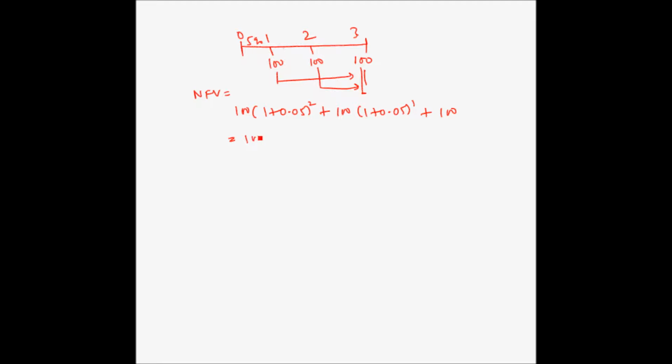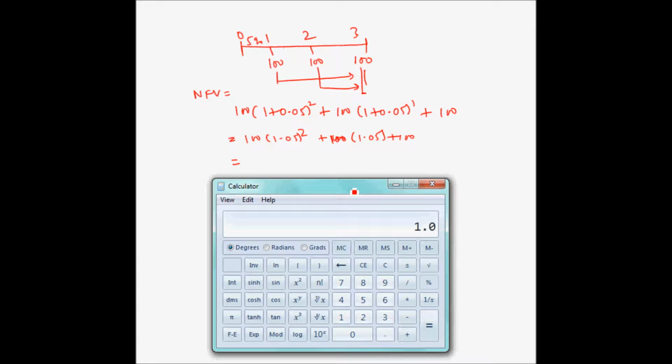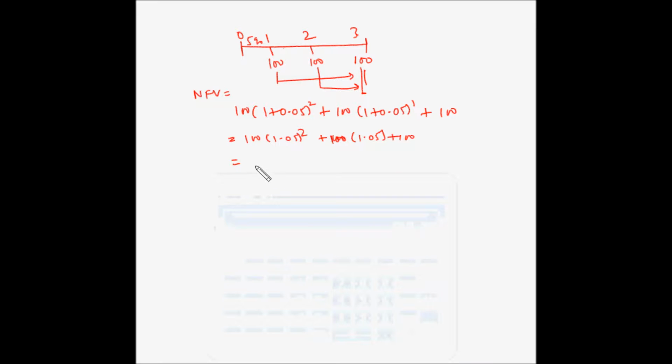So this is equal to 100 into 1.05 square plus 100 into 1.05 plus 100. So 1.05 square into 100 plus 1.05 into 100 plus 100. So 315.25 rupees. So this is the future value or the net future value of this